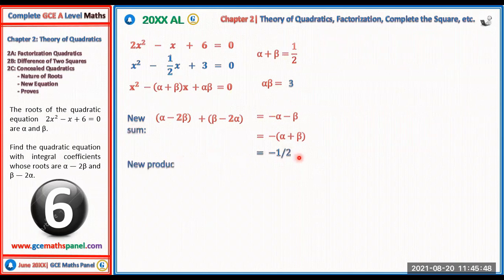The next thing we need is a new product, because we need a sum and a product to form a new equation. So my new product will be this alpha minus 2 beta, that's in brackets, times this beta minus 2 alpha in brackets. So this will give us alpha minus 2 beta times